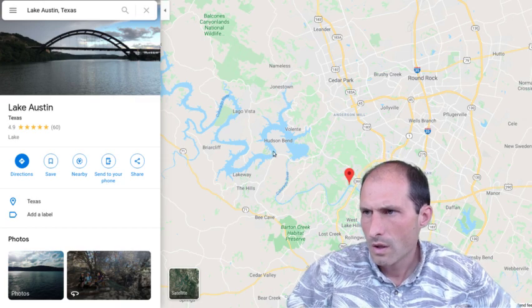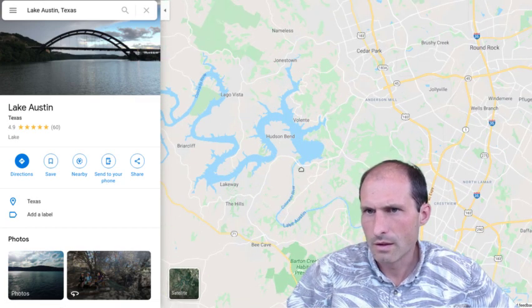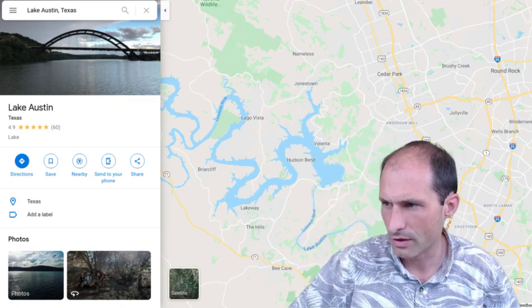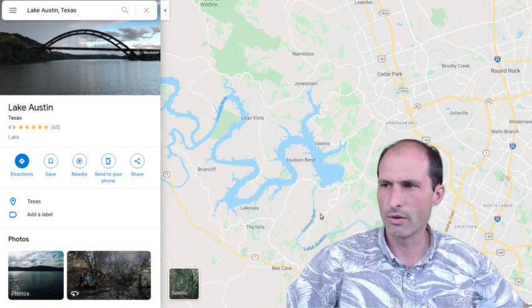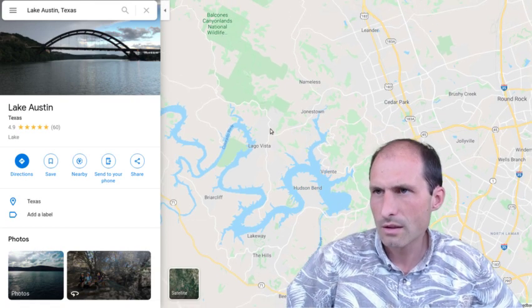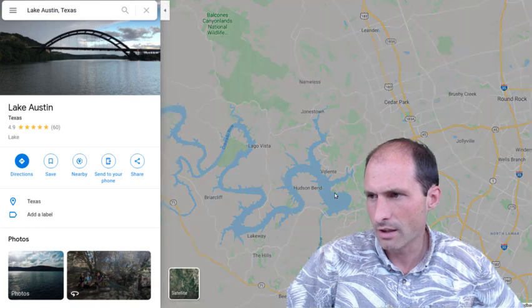So let's take a look at Lake Travis then. Lake Travis seems to be more, yeah, so here's Lake Austin. Lake Austin is just like a wide river. It's part of the Colorado River just dammed up. That's not really what I'm thinking. So let's try this Lake Austin. And so let's do satellite. Let's zoom in on this